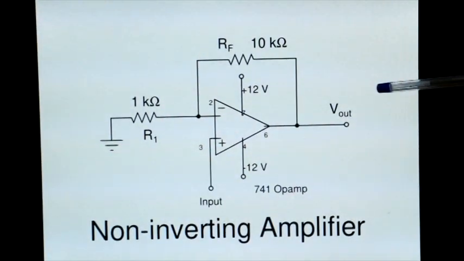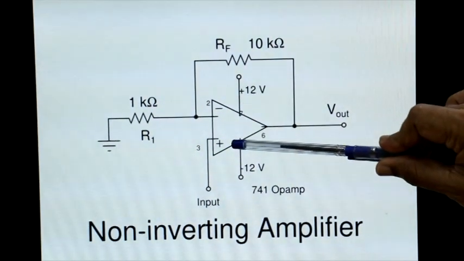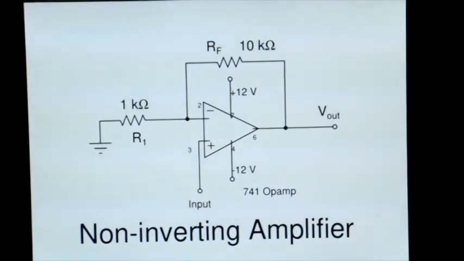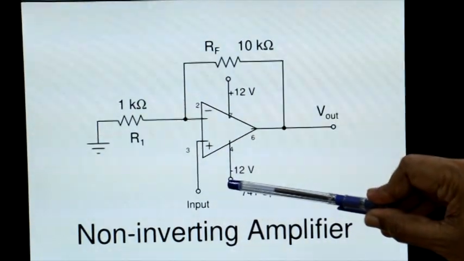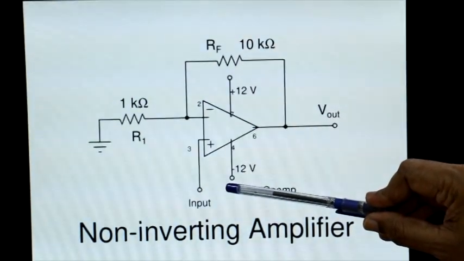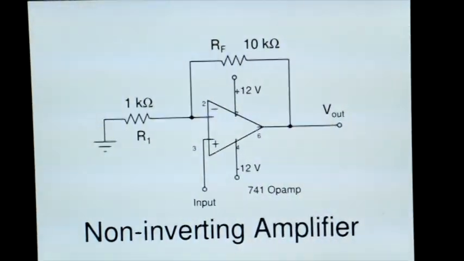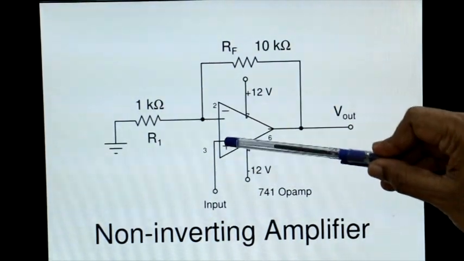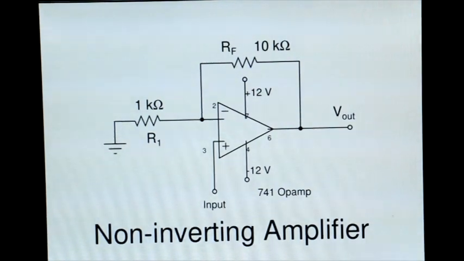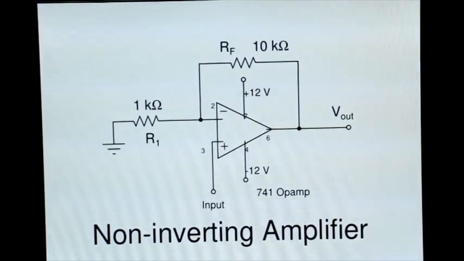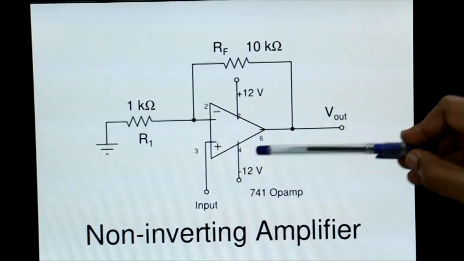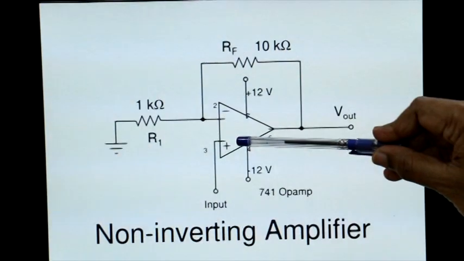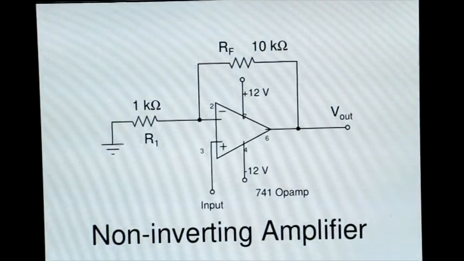But look, in this particular case, your input is connected now to the non-inverting input, or the plus input of the op amp. And we know that in the case of an ideal op amp, there is no current flowing into the op amp. Even in an open loop case, the typical input current flowing into the op amp is of the order of about 100 nanoamp. But with negative feedback, that impedance becomes extremely high. So in a non-inverting amplifier, the input resistance which you would see here is extremely high.